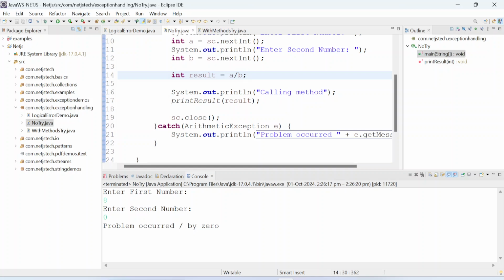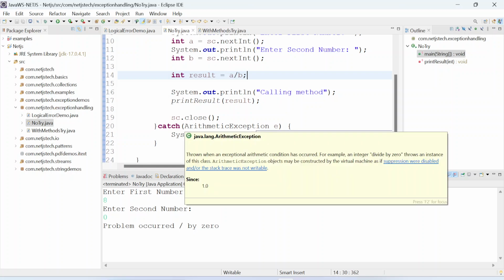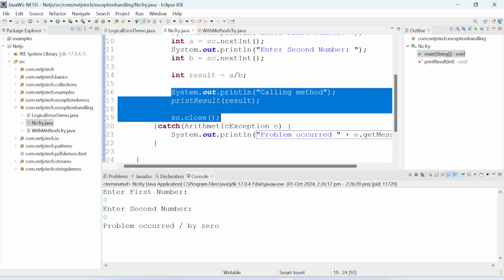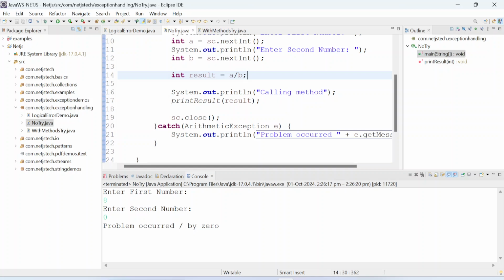It throws an arithmetic exception, sees a catch block which can handle the arithmetic exception, comes here, and prints this line, 21. But as you can see, whatever is written after the exception still does not happen. So some code loss or execution loss is always there, even if you are handling the exception. Now, based on your requirement, you may have to decide whether you want to terminate or continue